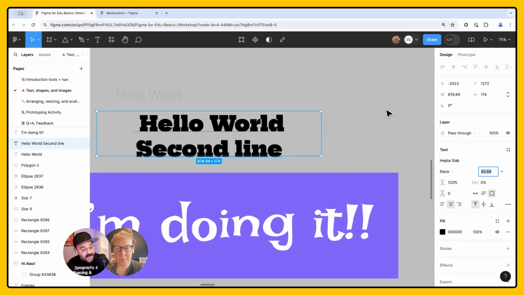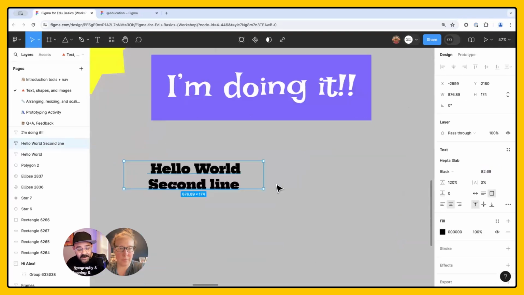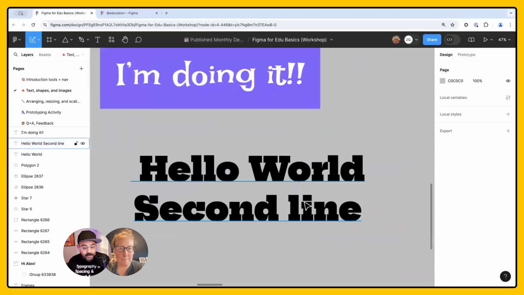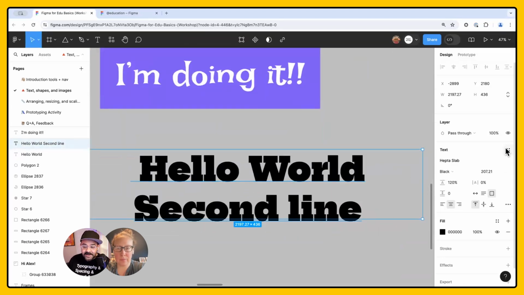But sometimes you're working fast and you're just working very, very quickly, and you press the K key and you scale it up. Now, the problem with that is when you actually go in and you look at your type size, it might be some random number. Right now, my type size is 207.21. Now, when you're working on a design, you actually want to be consistent in your type size. You want to be intentional about your type size. And that's why just scaling it in that way can be a bit more chaotic. It's good when you're just testing things out, but once it comes to your real design, you want to be a little bit more intentional.